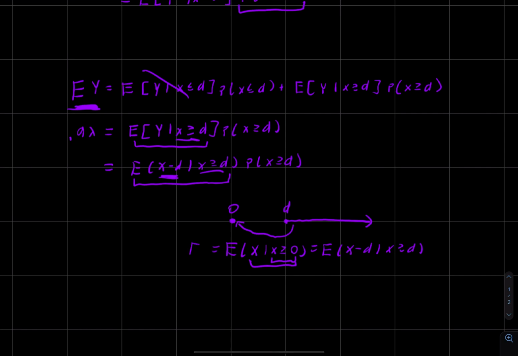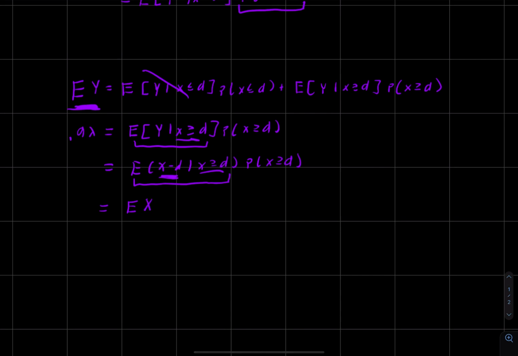That's just E of X, just to be clear. So that was all just to, hopefully, help understand this memoryless property a little bit more. So this is then just using what I was just talking about. This is just the expected value of X,